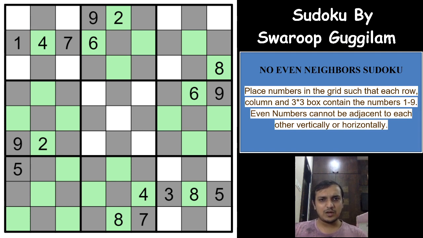So we have marked all the possible odd and even digits here. Now we can just mark some numbers here. If you see this 2, this 4 and this 8 gives you a 6 here, which gives you a 2 here, the only remaining even digit, which gives you a 6 here, and 8, 6 and 2, which means this has to be 4, and this will not be an even number now because all the 4 even numbers are already placed, which means these 4 have to be even numbers.